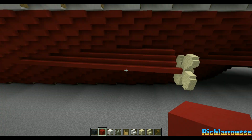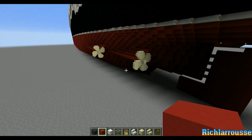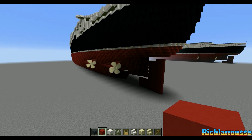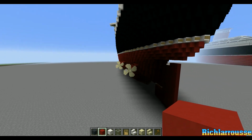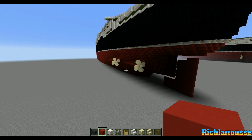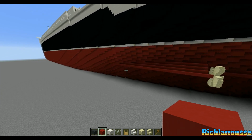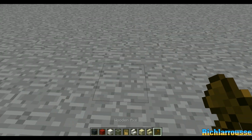So that's 2 propellers on one side done. And it should look something like that. I probably could have brought the other propeller in a bit further if I wanted to, but 7 blocks out is just about right, I think. And that's the propellers there. So what I'll do now, I'll quickly copy that to the other side with World Edit, and then we can call it a day. So down to that point there,